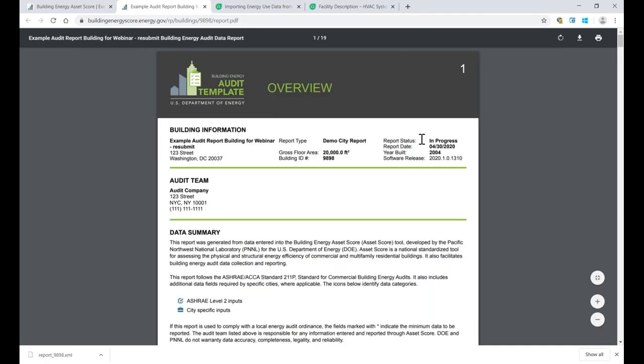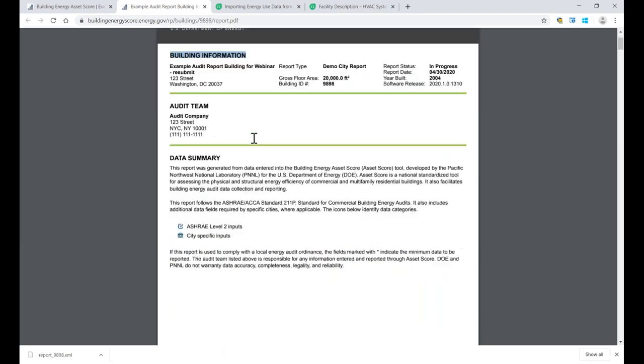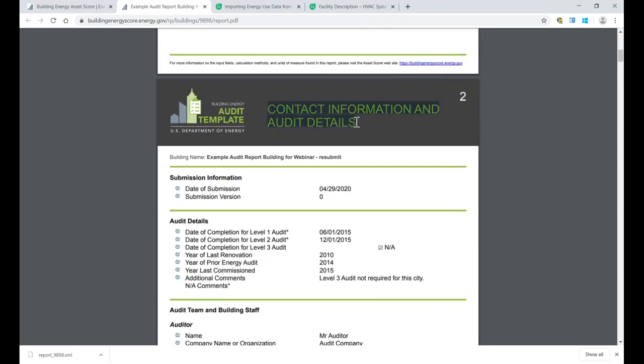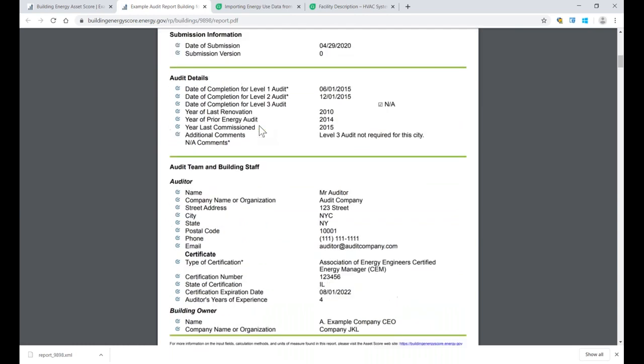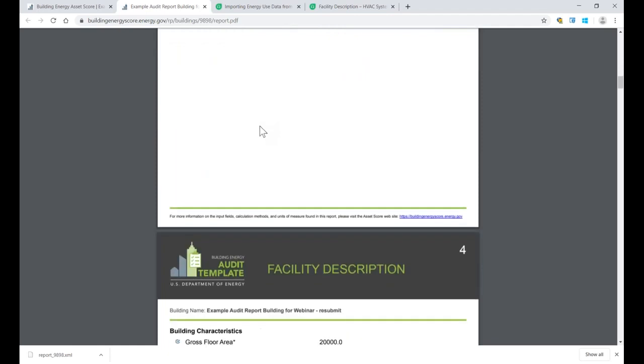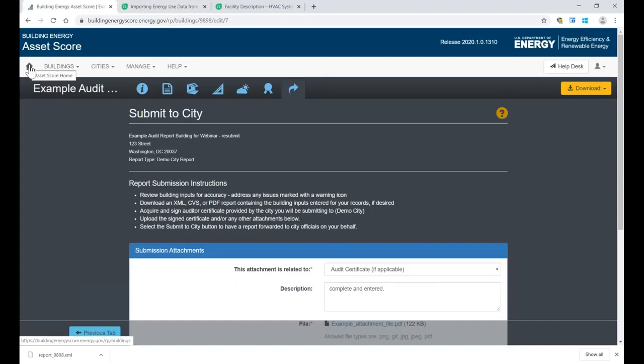There's an overview page which indicates what the report status is. For example, we haven't submitted this report yet, it's still in progress. What today's date is, some of the information that you entered in the very first screen when we started. And then if we scroll down, each of the sections are listed in section headings. And as you can see, everything that you've entered is listed here. Okay, I'm going to close that, and I'm actually going to go back to the home page